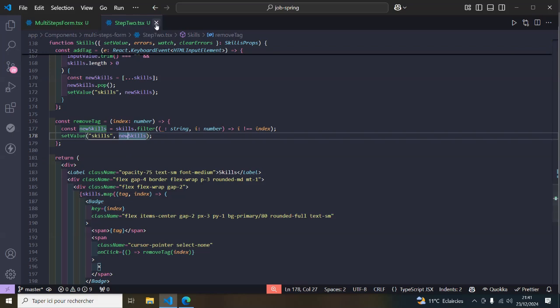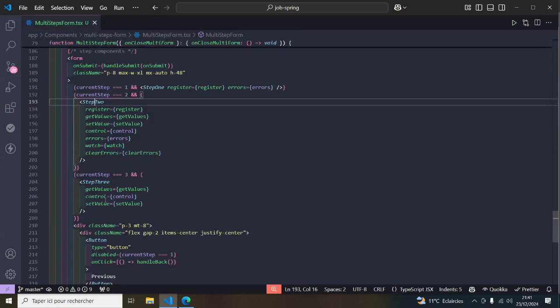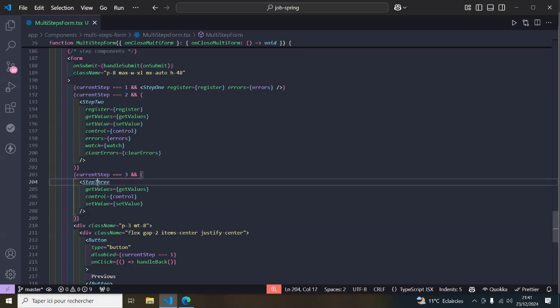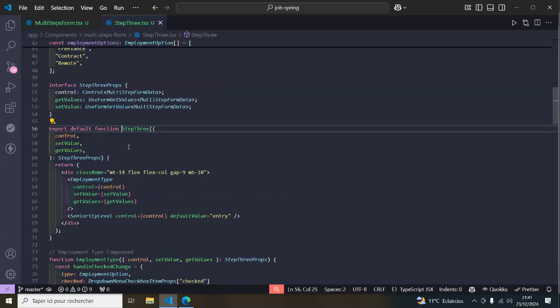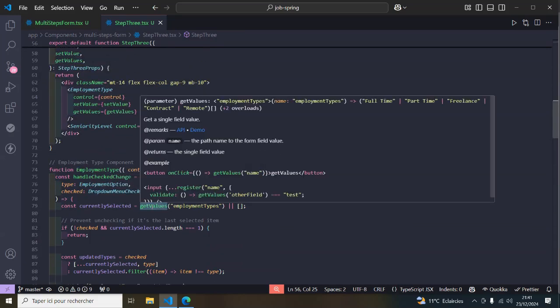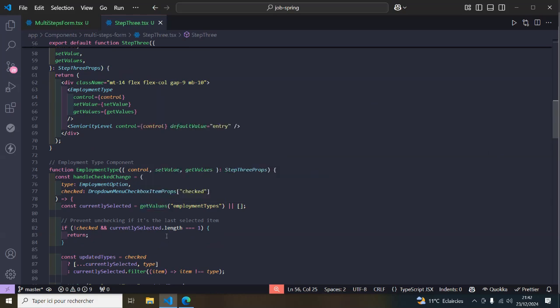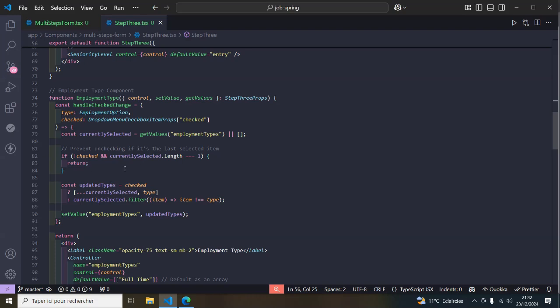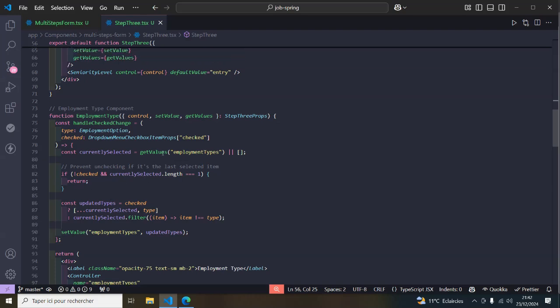So finally, we're going to go to the step 3. So the step 3, we're going to pass down the get values, the control, and the set value. So here we're having a pretty complex component, which is the employment type component, because it is a multi-selection component. So again, we're going to use the control and the set value and the get values. So here, as you can see, we're going to use the get values to be able to extract all the elements